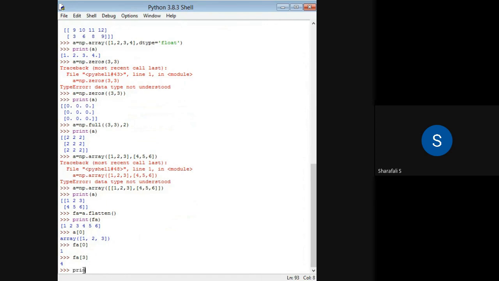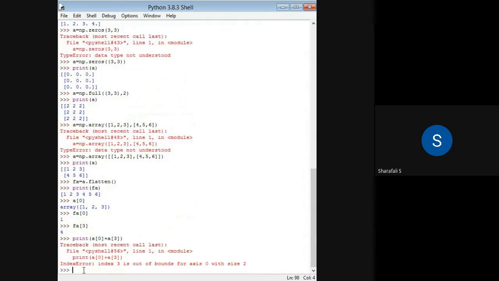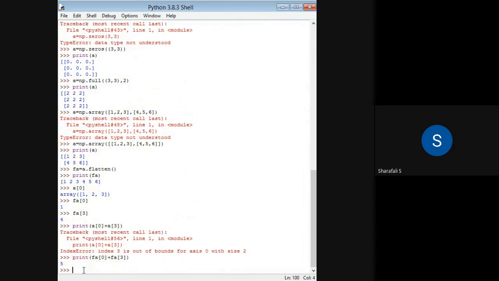If I write fa of 0 plus fa of 3, we are doing it in a single dimension, so we write fa. 1 plus 4 is fine.